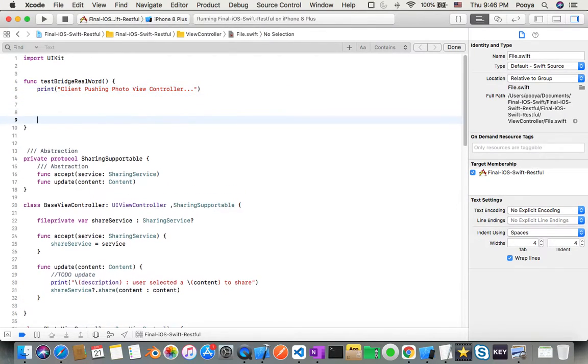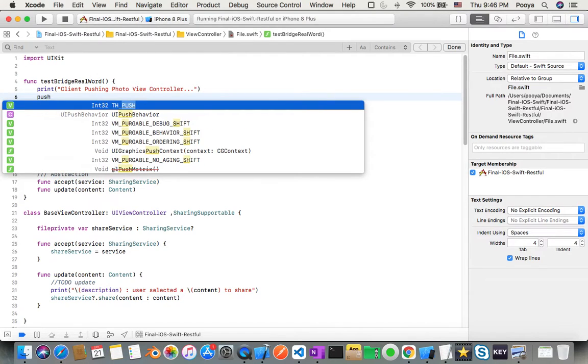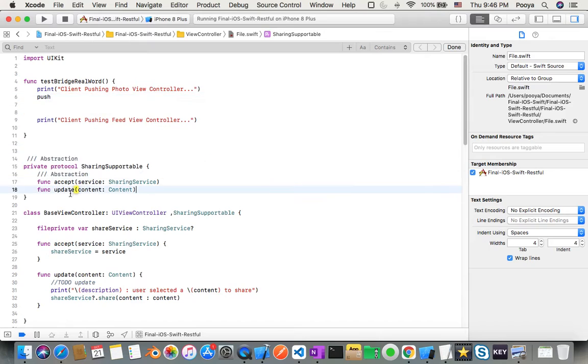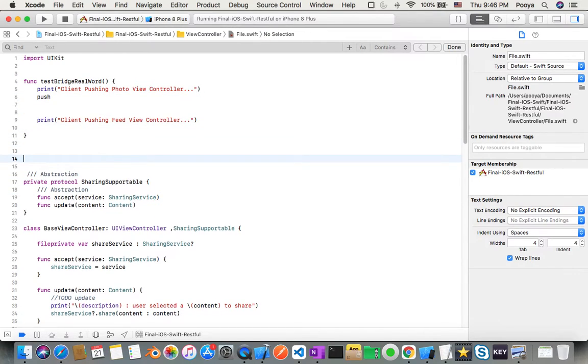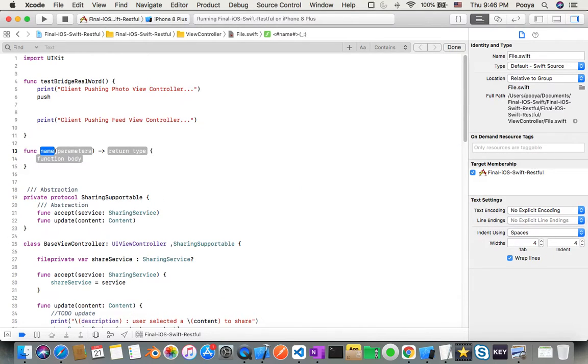Also later, client pushing feed view controller. Okay, so to do this, what I say okay, push. Actually I need to create function push as well for my button. I name the function push, and inside this one I just said broadcast